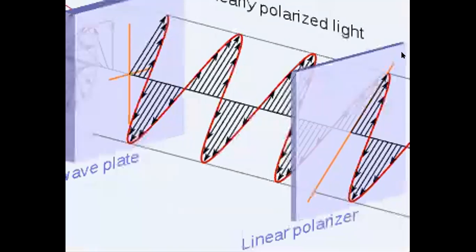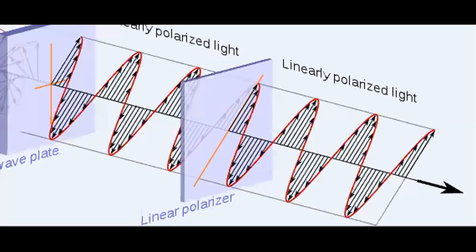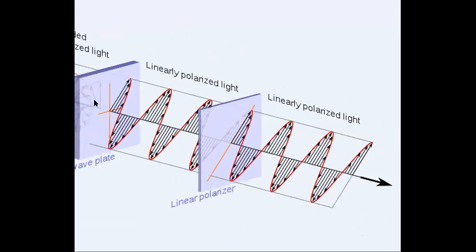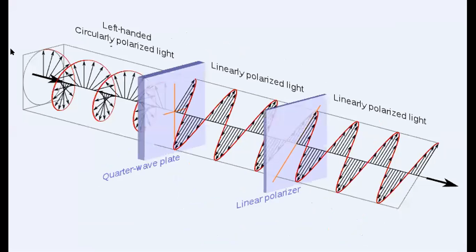Next, how to do the polarization conversion. Sometimes you might have heard in physics that we can convert circular polarization into linear polarization, because circular polarization is a combination of linear polarization. So if you have a circular polarization and you pass it through some plate, then it becomes like a linearly polarized wave.